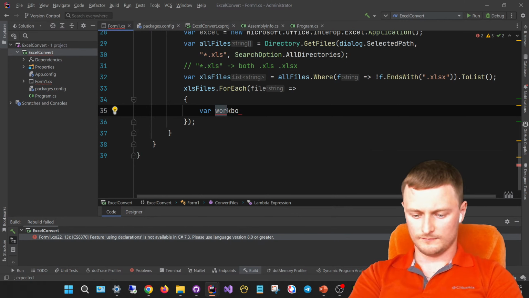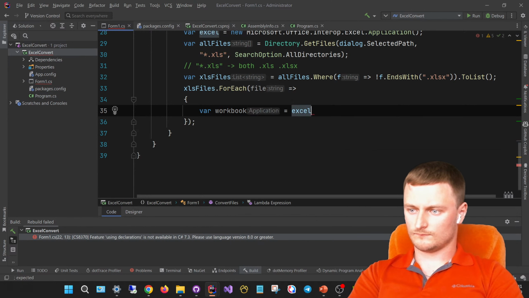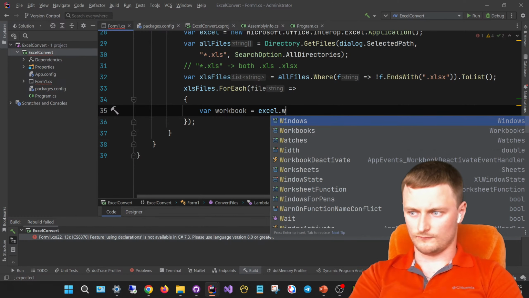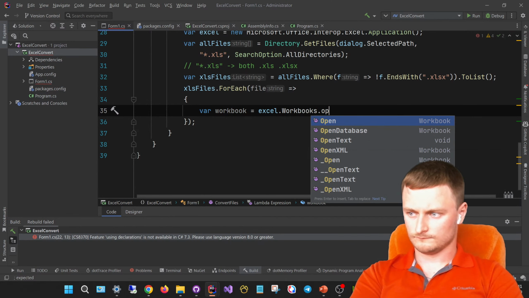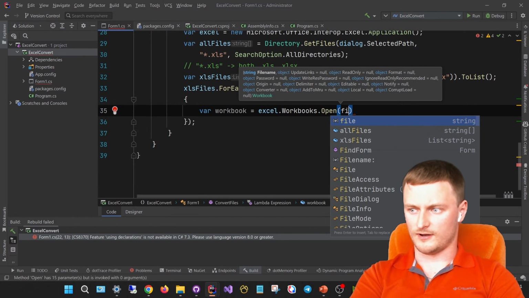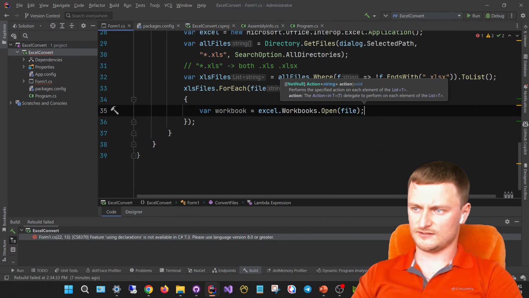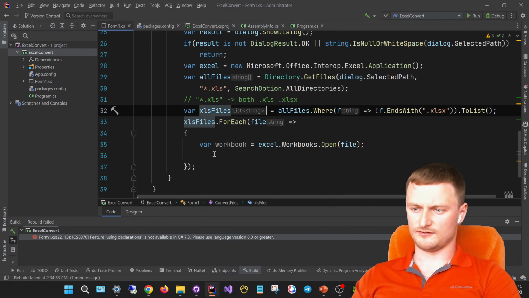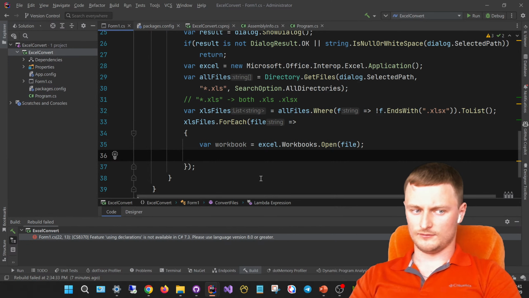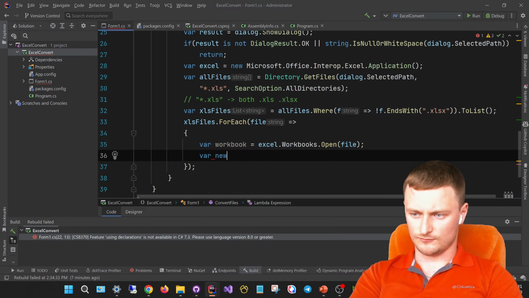So var workbook equals excel.Workbooks.Open and the file. So the file is the path of our current file in this foreach iteration. So next we need to alter the path of the new file. So new file path, which will be